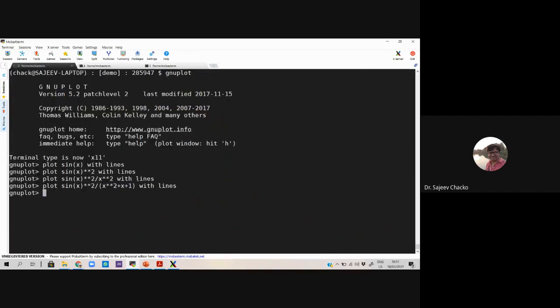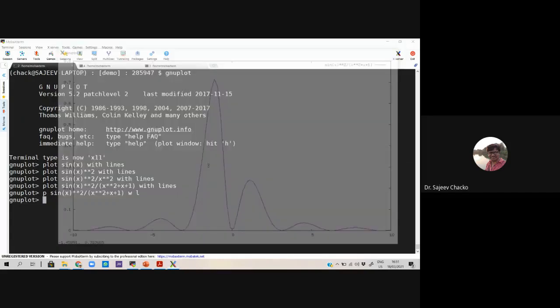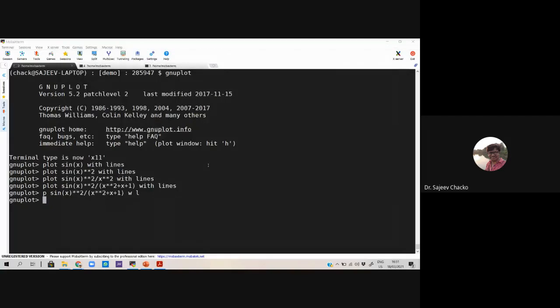I have some data for this. I can do the same thing by doing some shortcuts. Just say p for plot, w for with, l for lines, and I can get the same data. Let me close everything and start it.